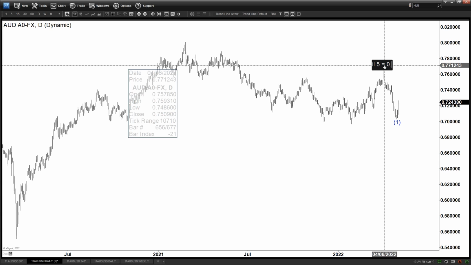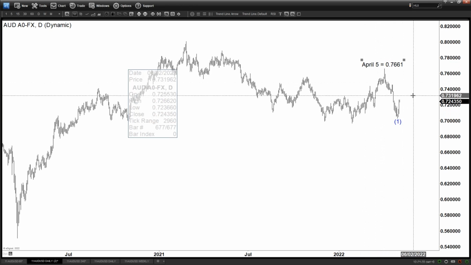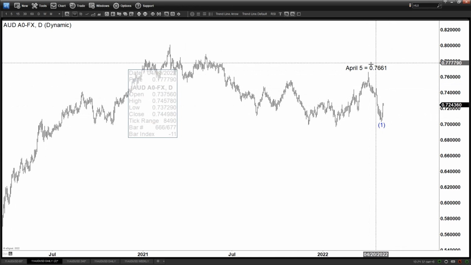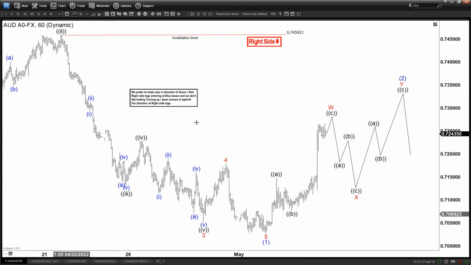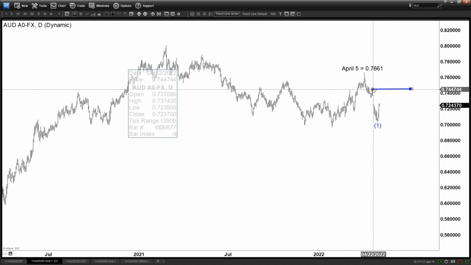76.61 is the real important level, because if we are indeed in the wave 2, then that wave 2 is correcting this decline, and that wave 2 should not pass above 76.61. Now this 74.59 is not important, right? It's not important because 74.59 is somewhere here, right? It can break above here,